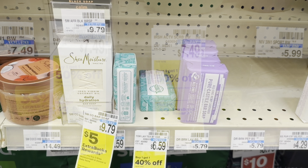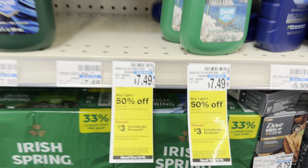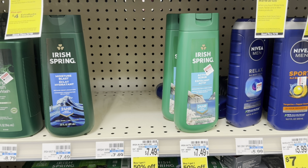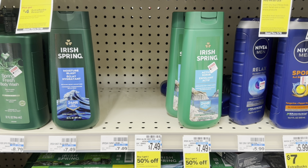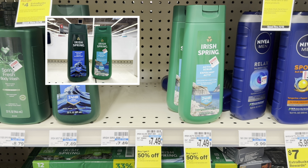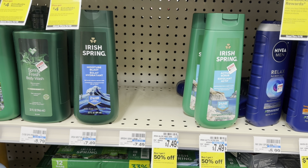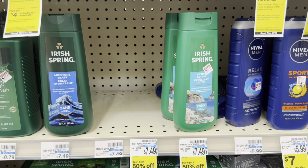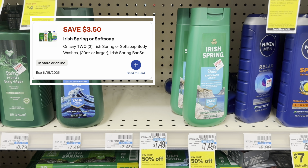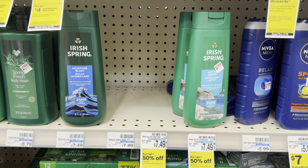$1.52 each. The Iris Spring and Soft Soap Body Wash deal is still going on this week because the coupon is still valid, and they are on sale for buy 1 get 1 half off, and when you buy 2, you get $3 back. Pick up 2 Iris Spring Body Wash priced at $7.49, and with the buy 1 get 1 half off, the second one will be $3.75. The 2 will total $11.24. Use the $3.50 off 2 digital coupon and you pay $7.74 and get 3 back, making them $4.74 or $2.37